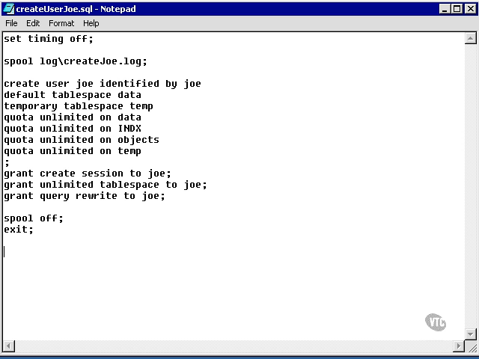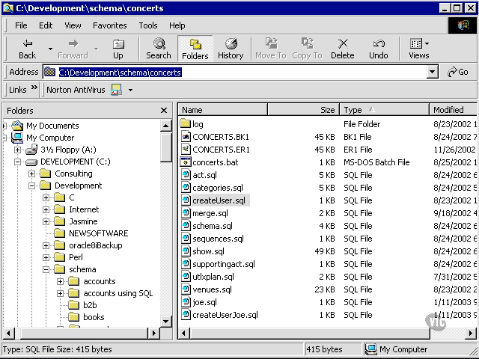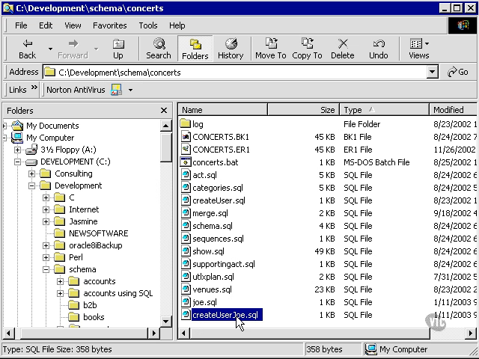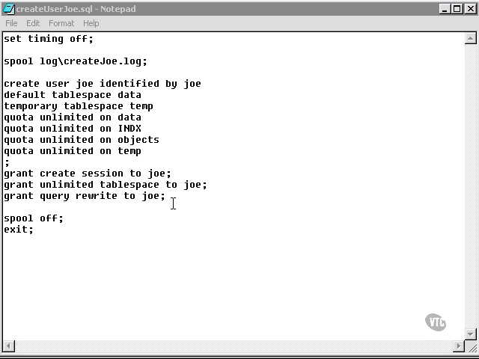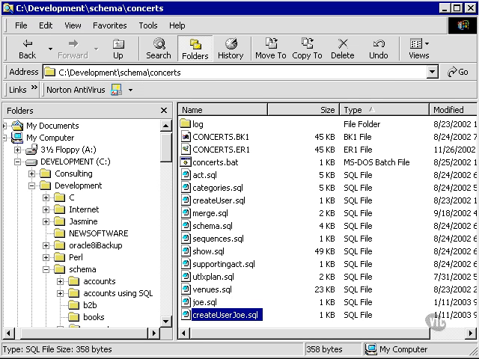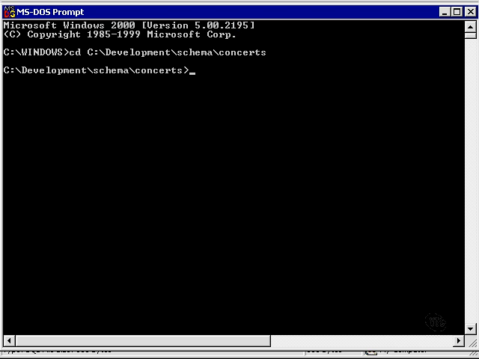So what I've done, if I go back to my Explorer, is I've created a file called user Joe. So I'm going to close this file. What I want to do is run it in SQL Plus in a command line. I could copy and paste it directly into SQL Plus, but then I would have an issue with the way this log file and the path is created. So I'm going to open up a DOS command line shell,